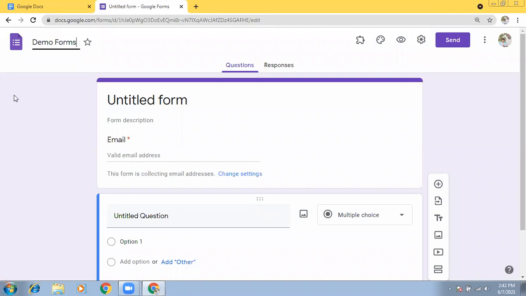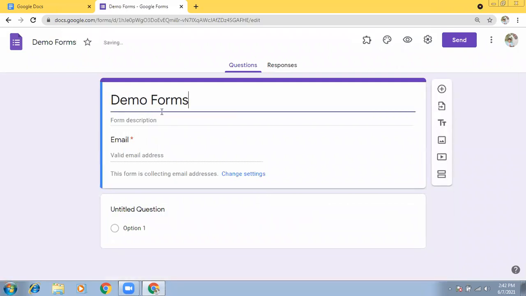In Google Forms, if you enter something as the title and later click here, the title will be taken as the file name, and vice versa. If the file is named first, and we click here, that will be taken as the title.